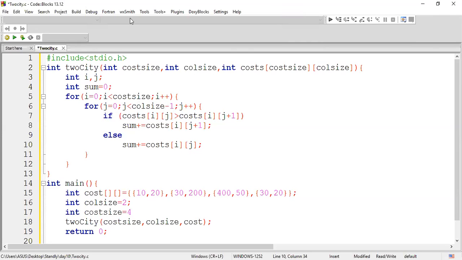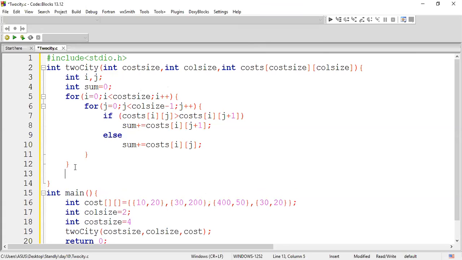So is this clear? I'm taking these two values. A very simple logic, guys. I didn't take any complex logic at all. I'm just moving on to this particular first subarray, and I'm taking these two elements, comparing, and taking the minimum value, adding to the sum. This process has to be done till cost size. So till the four values, I'm going to do the summation of the minimum value in each and every subarray. Okay, at the end, we are supposed to return our sum.